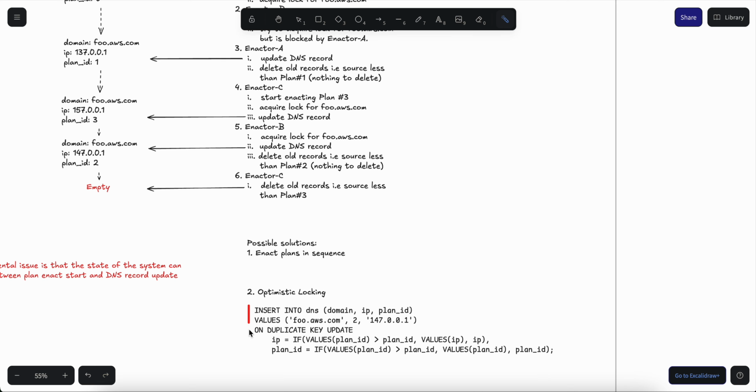In this case, I'm using MySQL syntax. I do not know what database or storage mechanism is being used for the DNS, but I've chosen this to illustrate the idea that I have in my head.